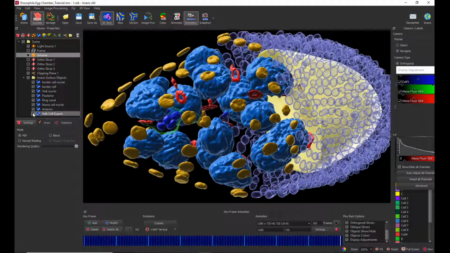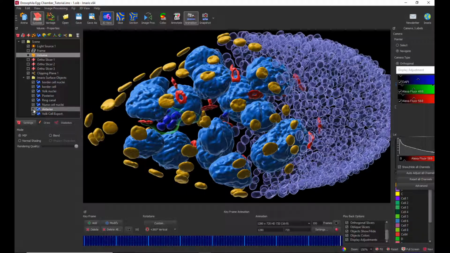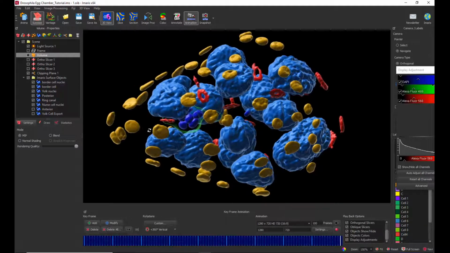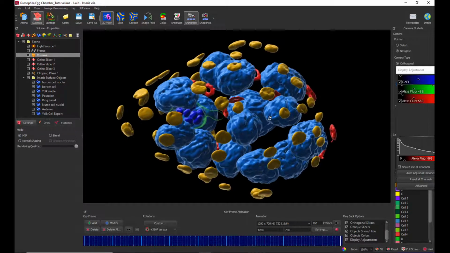So I turn off the yolk. No, it was these objects disappearing, add a new frame, rotate again a bit, add, and now there are some,